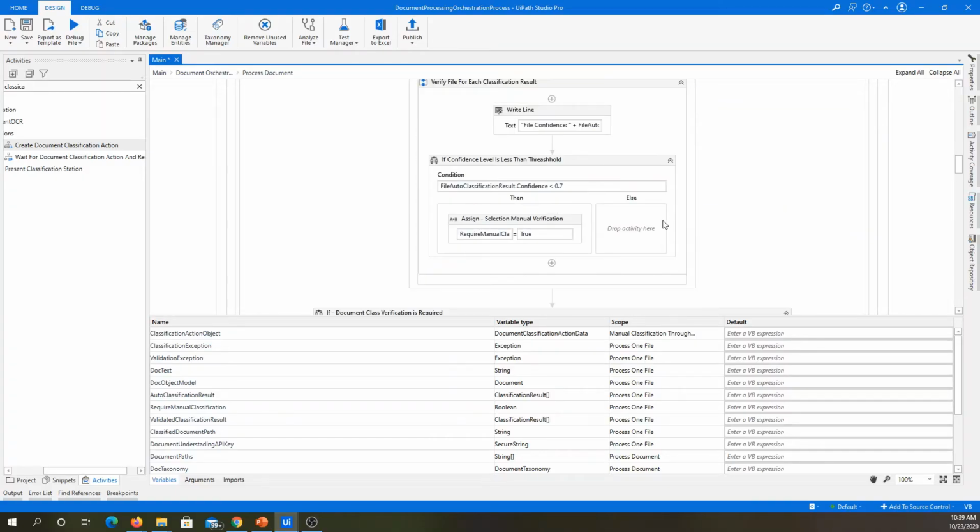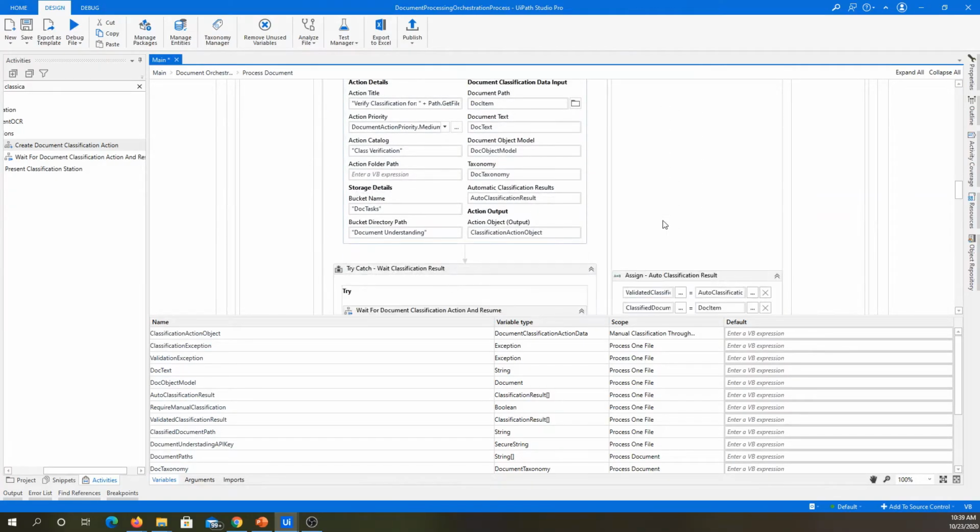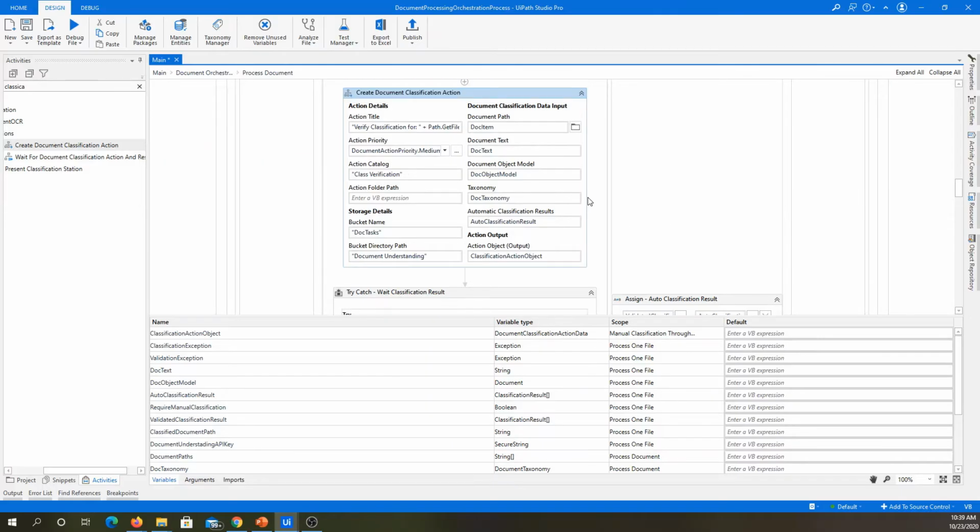So once you configure that part, you get an output as the action output, which is this one. So again, you need to create this variable. You can keep your cursor here, press Ctrl K, and provide the variable name. And again, remember, classification action object, the variable you create,